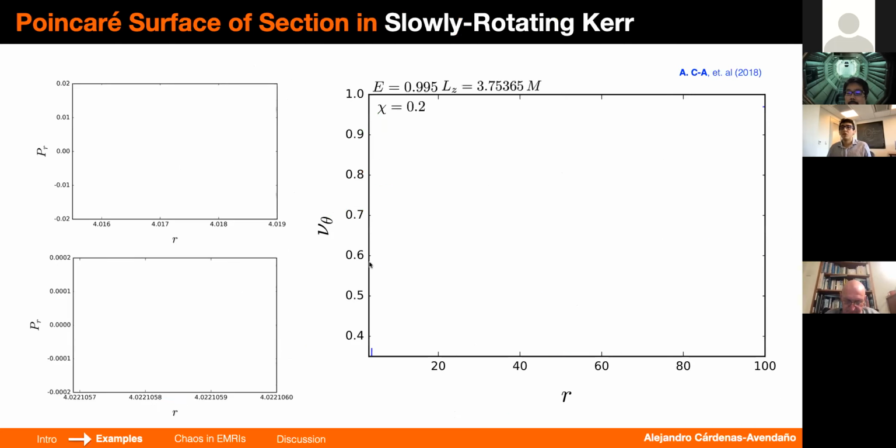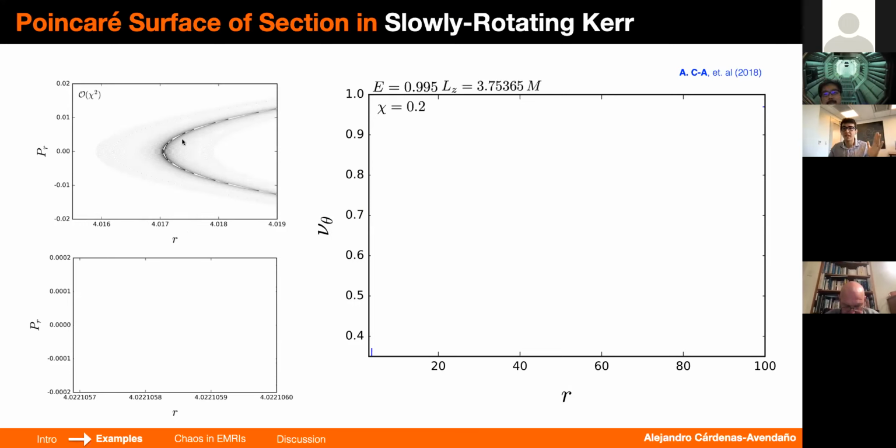Okay, so as I said, it's important to study slowly rotating Kerr. If we go to slowly rotating Kerr, let's say to second order, this is what you will find, meaning that it looks like it's non-integrable because we are finding these Birkhoff islands. That's fine because this system is very interesting. It's bounded from the left by Schwarzschild, which is integrable. And if you start adding all the orders of the spin, you will arrive at Kerr, which is again fully integrable due to this fourth constant of the motion, the Carter constant, but everything in between will not be integrable.